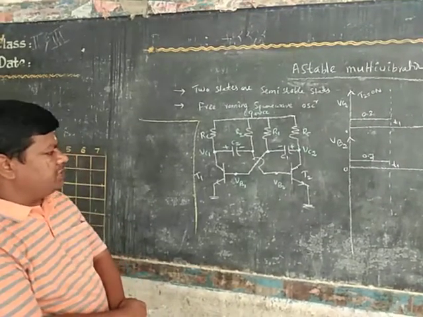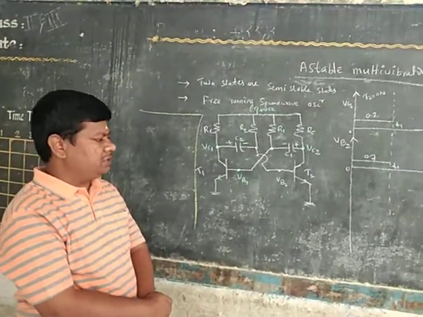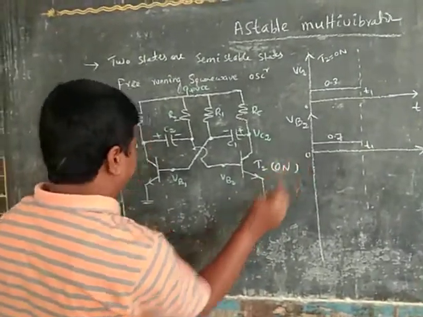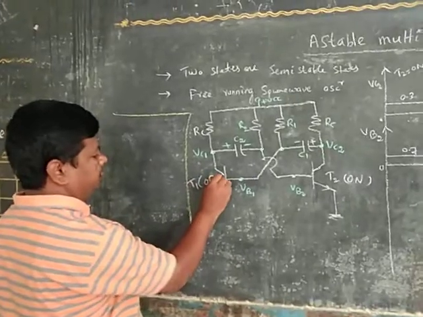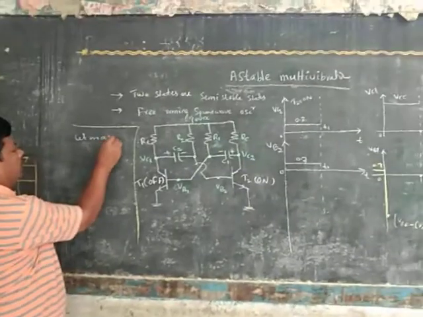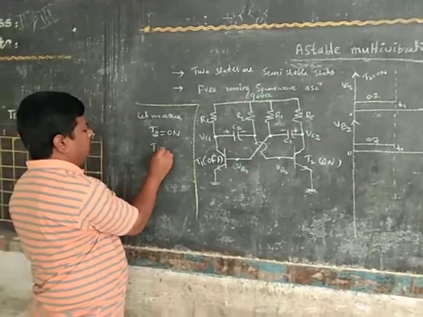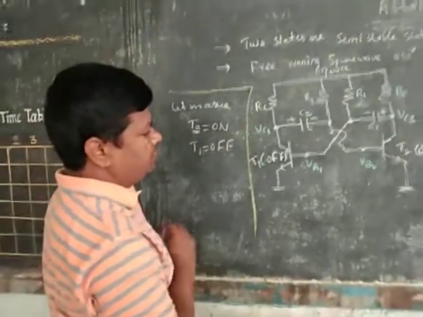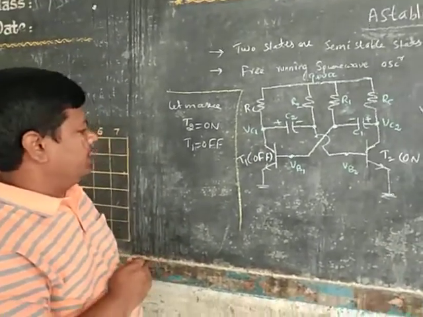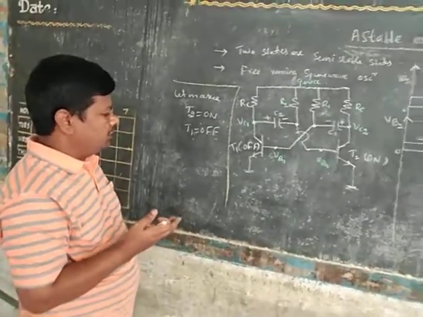But depending upon the same bistable multivibrator concept, suppose T2 transistor HFE is greater than T1 transistor HFE, then initially T2 enters into on. That is our assumption only. T1 off. Depending upon HFE values, let us assume T2 transistor on, T1 transistor off. Due to the symmetric nature, we cannot say which transistor enters into on initially.